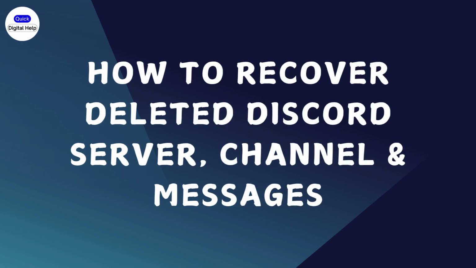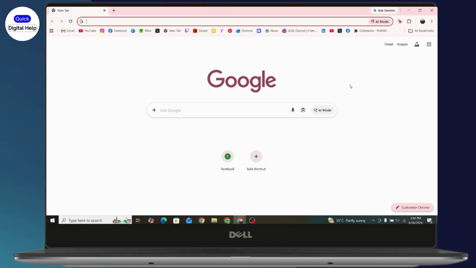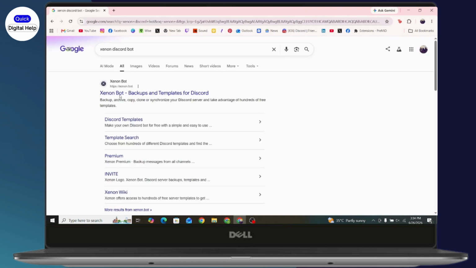How to recover deleted Discord server, channel, and messages. So if you want to recover your deleted Discord server, channel, and messages, then what you need to do is first simply open up your browser, and here you need to go with Xenon Discord bot,